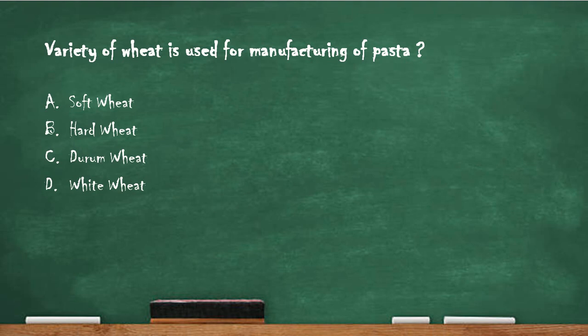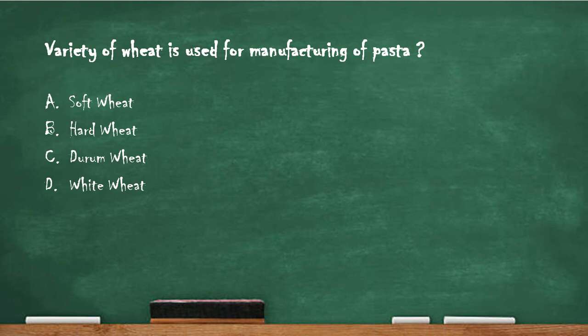So the first question is: variety of wheat is used for manufacturing of pasta. Option A, soft wheat. Option B, hard wheat. Option C, durum wheat. Option D, white wheat. And the right answer is